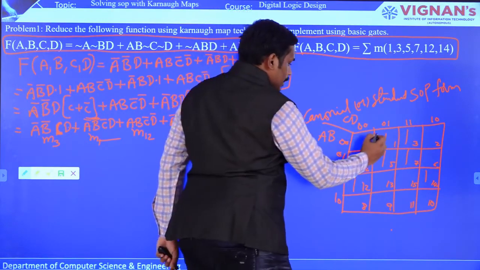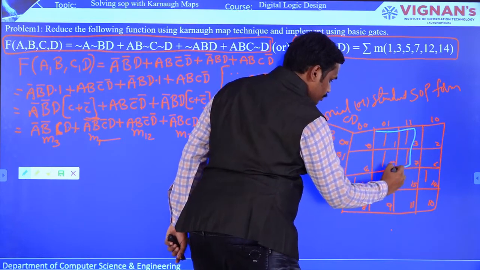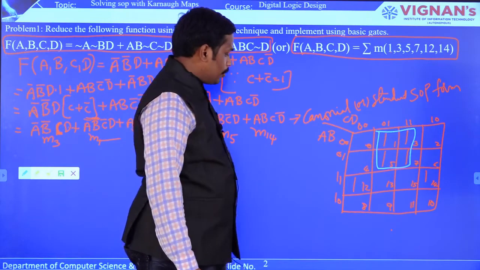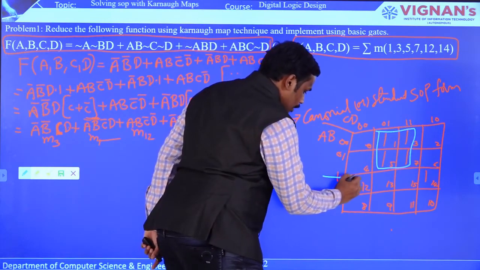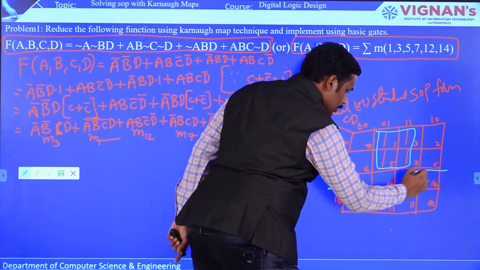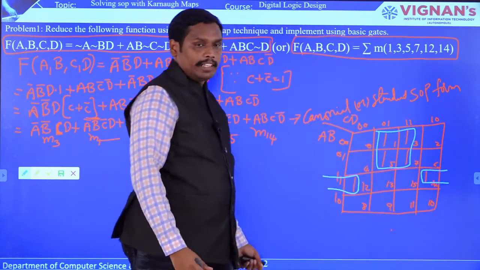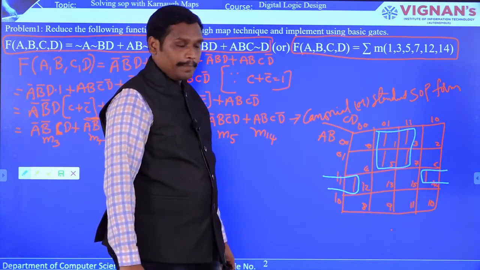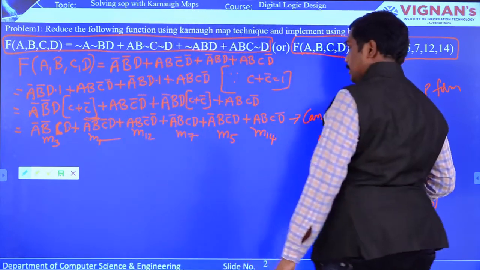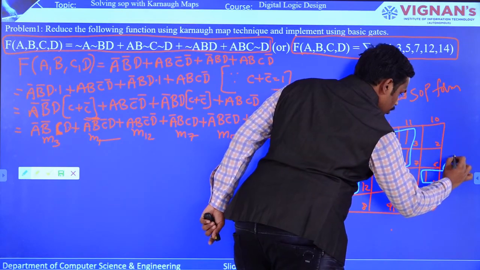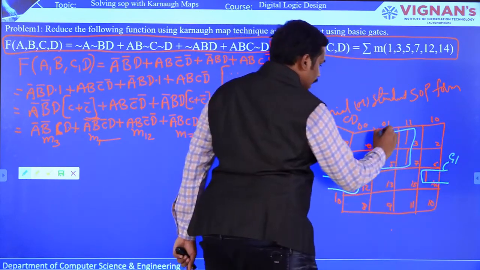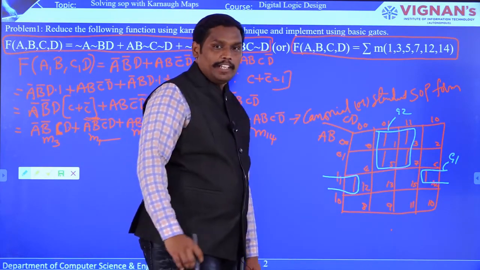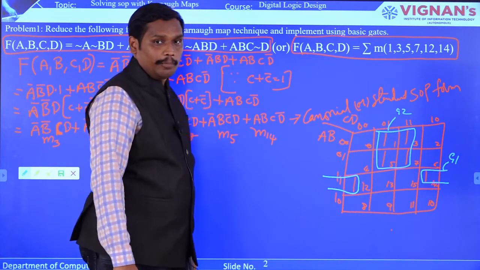If the quad is there, this is a quad, right? This is a quad, so 4 ones are there in that particular group. And now you can have a pair in such a way that this is a group of 2 ones, adjacent ones, then it is called a pair, and this is a pair, right? So now you can say that this one is G1, that is group 1, and this one is G2, that is group 2, and now you are going to construct a simplified Boolean expression for this particular SOP form.